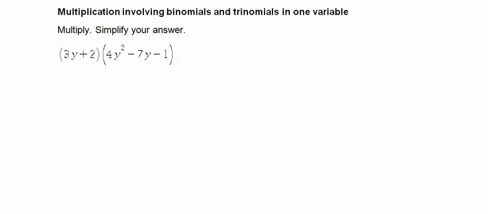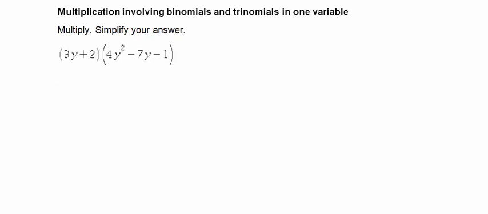Now we're going to work on multiplying polynomials that are more than just a binomial. So in this case we have a binomial, here's our binomial, and we have our trinomial here, right? We're just going to multiply our binomial with our trinomial. So let's go ahead and start doing that. There's no magic behind it. It's simply very methodical in how we're going to